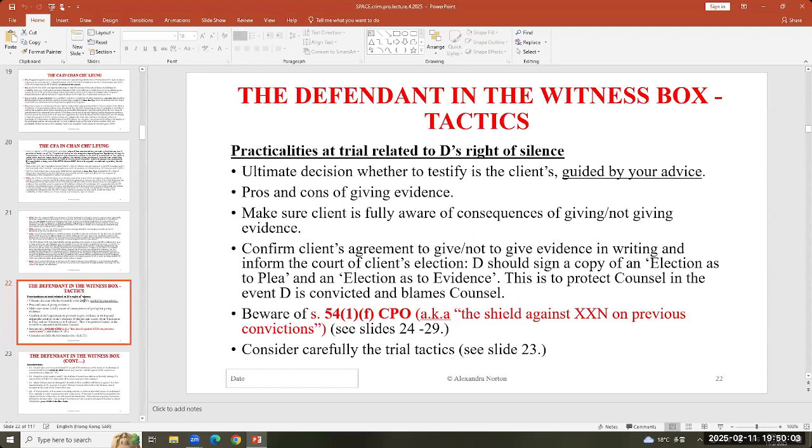Although remember the caveat, if you know that your client is going to get into the witness box and perjure himself, you cannot stand by and allow that to happen. You can't stop him from doing it, but what you will have to do is withdraw from representing him in